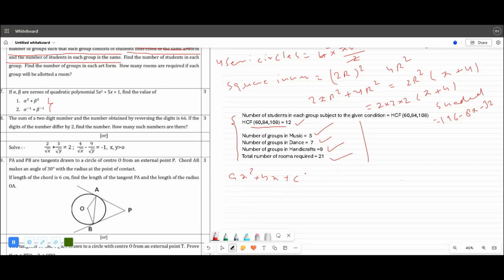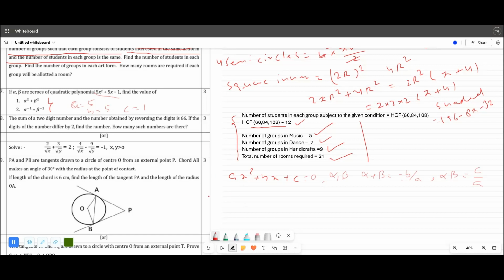एक्स स्क्वायर प्लस बी एक्स प्लस सी इज इक्वल टू 0। तो उसके रूट्स क्या होते हैं? उसके अल्फा बीटा अगर रूट्स हो तो अल्फा बीटा क्या कॉम्बिनेशन होता है? अल्फा प्लस बीटा इज इक्वल टू माइनस बी बाई ए एंड अल्फा बीटा इज इक्वल टू सी ओवर ए। करेक्ट। सो अब आप इसको कंपेयर कर लीजिए। यहाँ पर आपको ए की वैल्यू आ गई 5, बी की वैल्यू आ गई 5 और सी की वैल्यू आ गई 1।